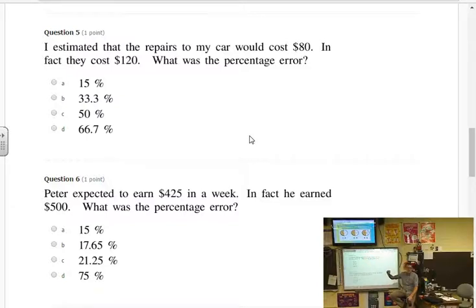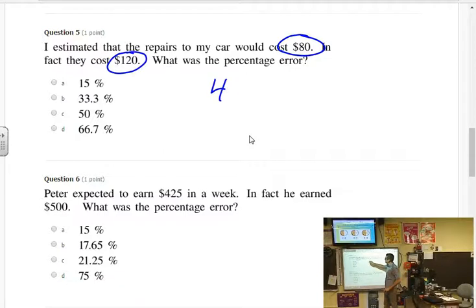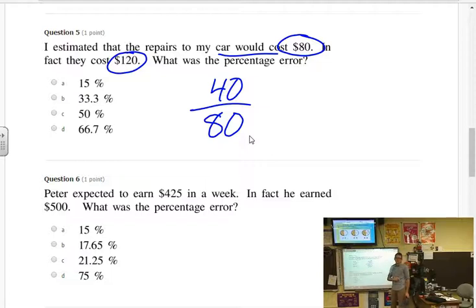I accidentally marked 50% as the answer. I'm going to tell you exactly what I did wrong. I did the first part Ellie told me. Find the difference between the estimate and the actual. That's 40. Then, how did I get the wrong answer? What'd I do, Andrew? The 80 on the bottom. I accidentally, in my quick not thinking through everything, because I saw car would cost and I thought that meant that was the actual. But you have to go back and say they estimated the car would cost $80 to